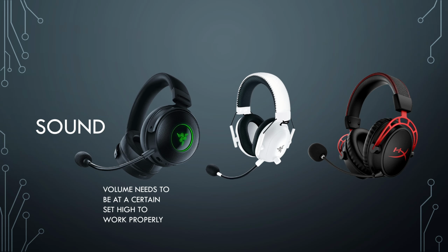It was still working on the left. Like if I were to just take off the right hand side and just listen on my left, I can still hear the sound, but it was very faint. But if I set the volume past a certain point, then it came through both sides perfectly. I thought that was a really weird feature, or at least a really weird thing that happened to the pair